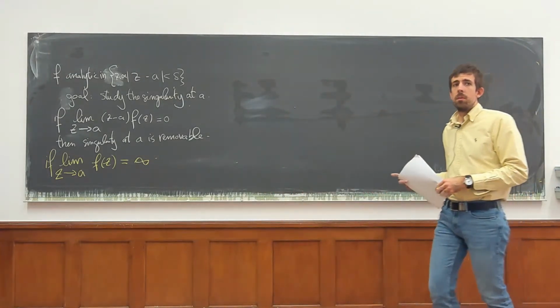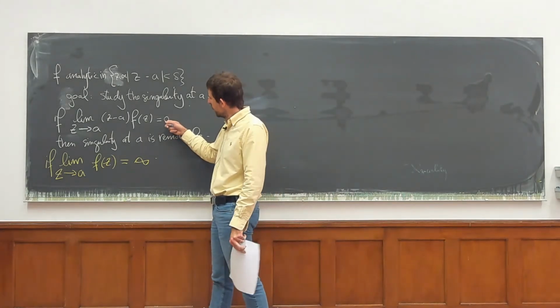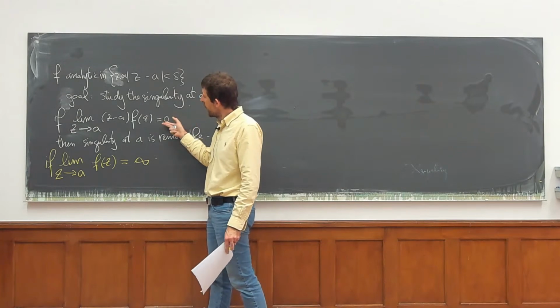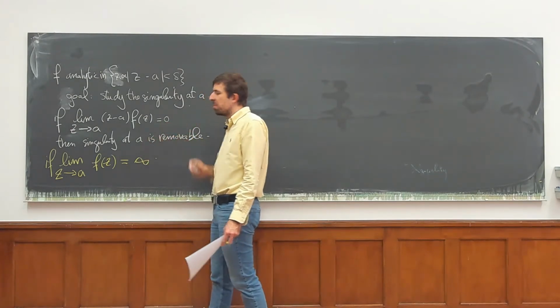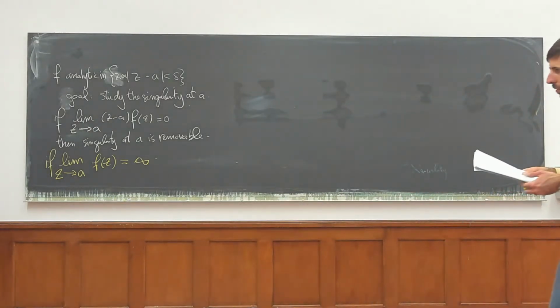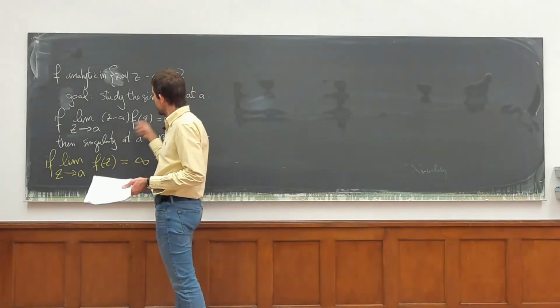Right? So you'd expect, if things are nicely behaved, that if this doesn't go to 0, then basically this is this divided by z minus A, which goes to infinity, so maybe this should go to infinity, right? In particular, we should characterize it this way and not with z minus A times f of z,